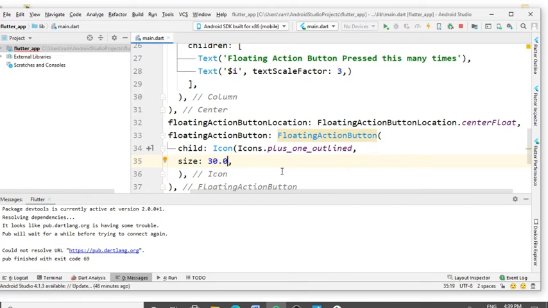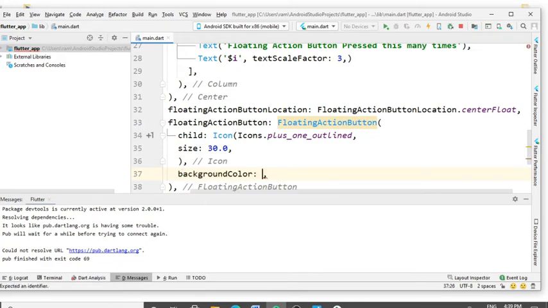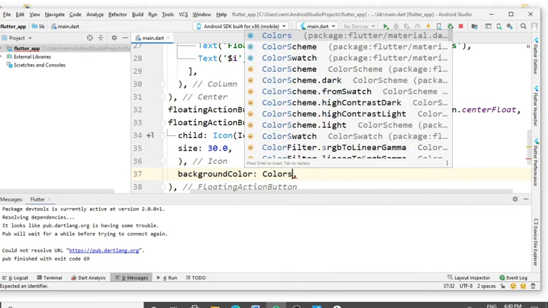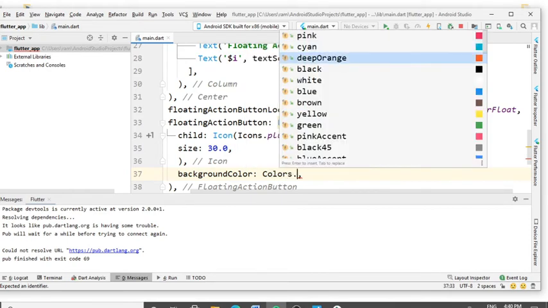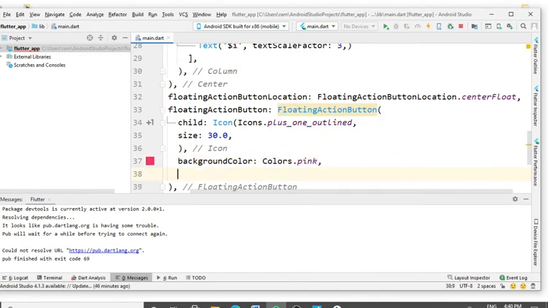Now I set the background color. Type backgroundColor and type Colors dot, select the color. Now type the onPressed method.